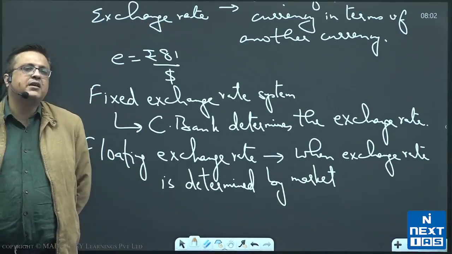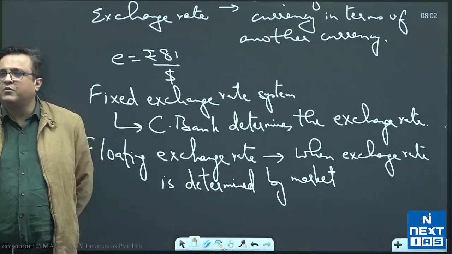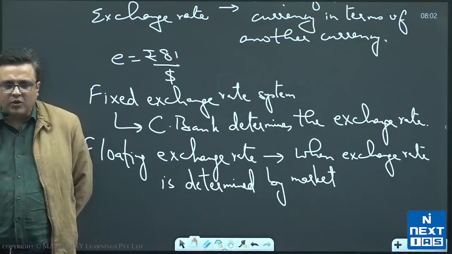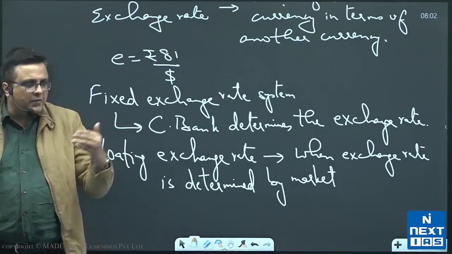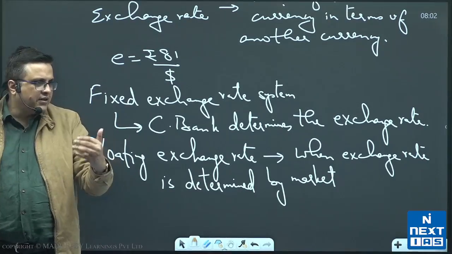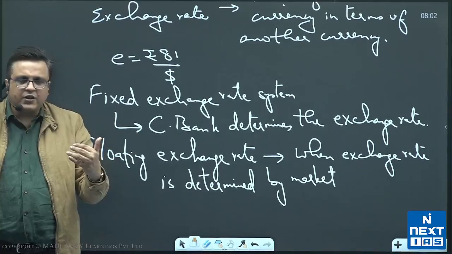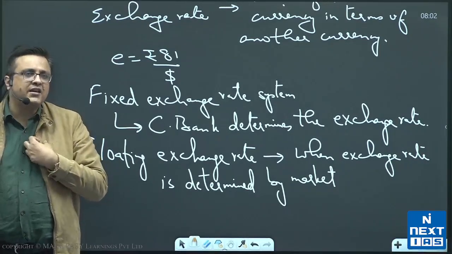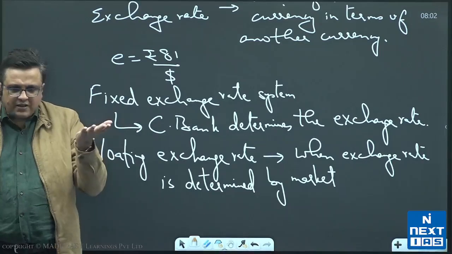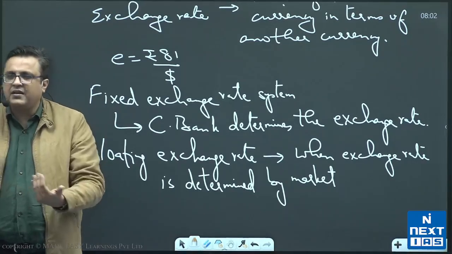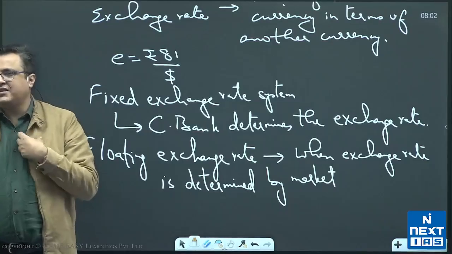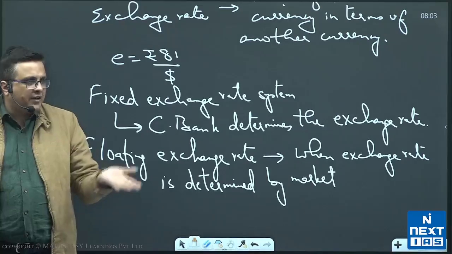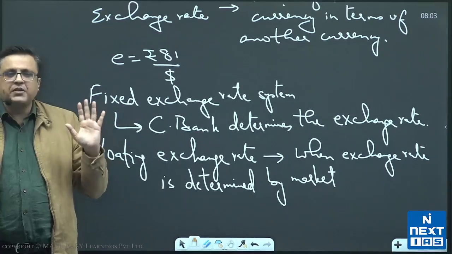How does that happen? Think like this. If I am selling more commodities abroad, then I am exporting more. And if I am exporting more, foreigners will bring their dollars into my country. It will increase the supply of dollars and it will increase the demand for rupees. If people buy more things from me, the demand for my currency will increase and the supply of foreign currency will increase. If that happens, if my currency demand becomes more and foreign currency supply becomes more, then my currency value will appreciate. I hope I am reaching you on that.